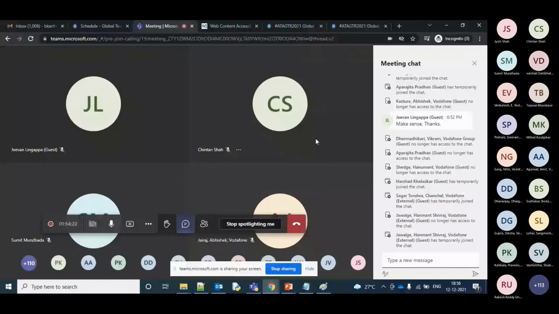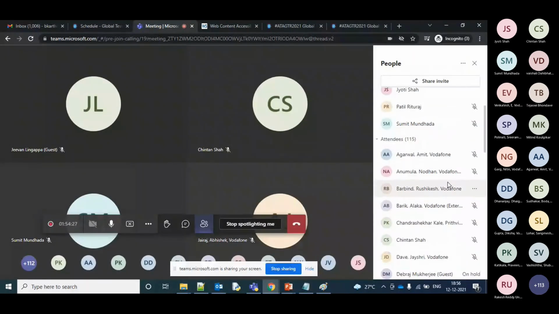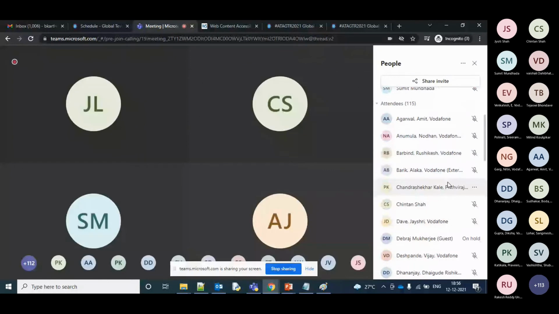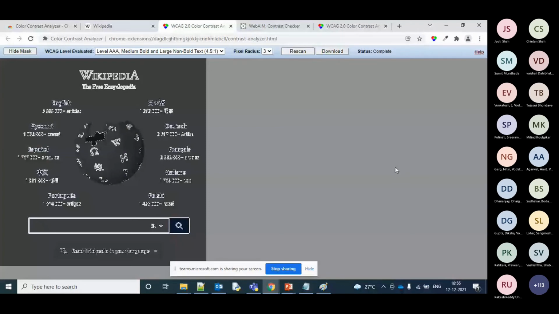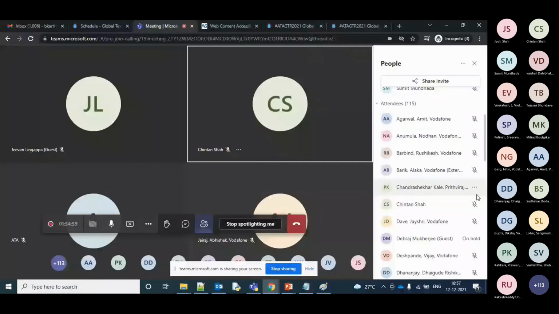Anyone wants to risk by sharing their screen? I think if someone can raise a hand, then we'll have to make them presenter. They won't be able to share it directly. But the thing is that we have not got any response, even last time, even now. Okay, no worries, all good, no issues in it. Just raise your hands at least if you are able to do this scan. No screen sharing. You can even just type yes or no. Jeevan dropped some message, I'm not sure whether that has been checked or not.